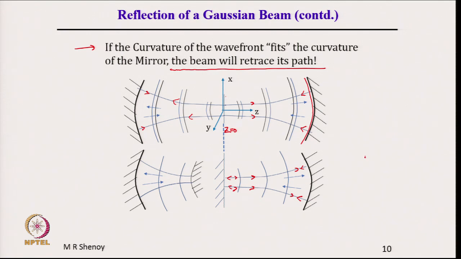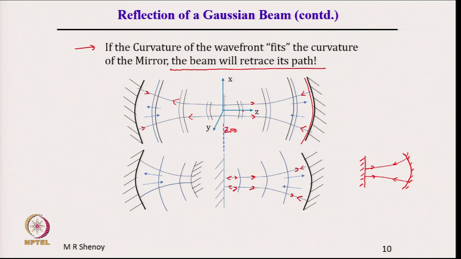In other words, we can have a resonator with one plane mirror and one spherical mirror. In fact, we have already seen this in ray optics, that we can have such a resonator in which rays remain confined. But what we have seen is a beam confinement, a Gaussian beam confinement. The condition is that at the waist, the plane wavefront exactly fits the plane mirror and then it gets reflected back. So, this forms a stable resonator.